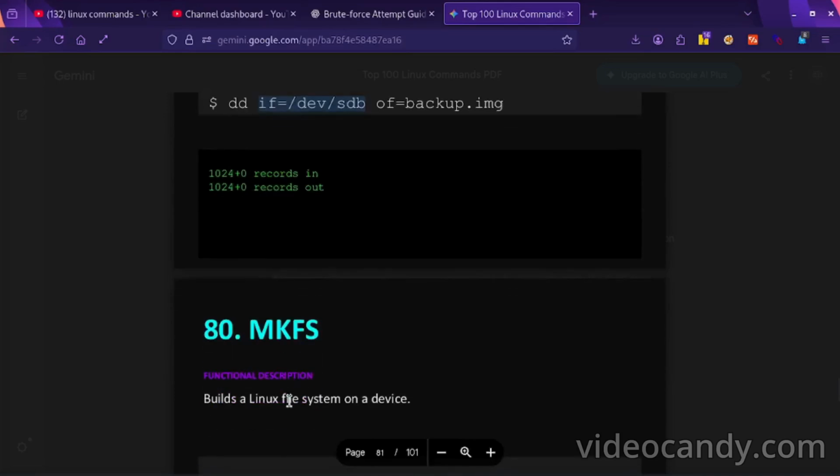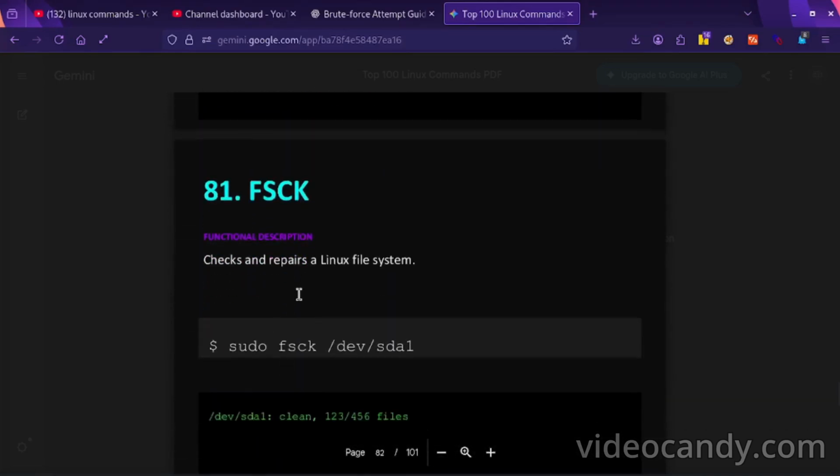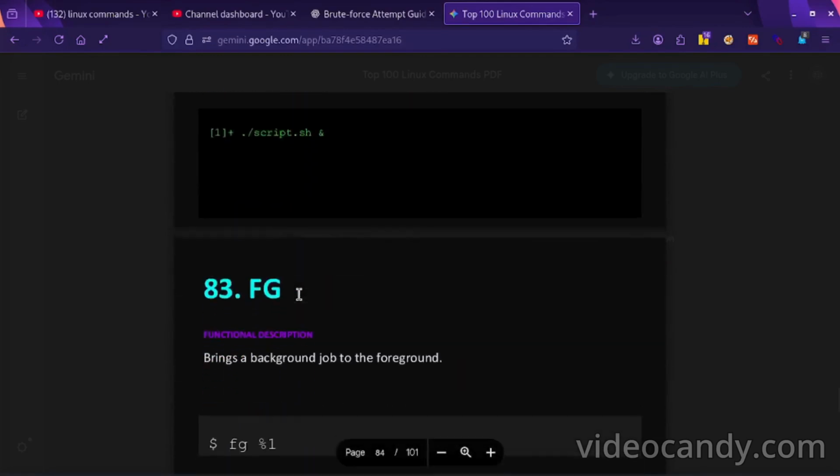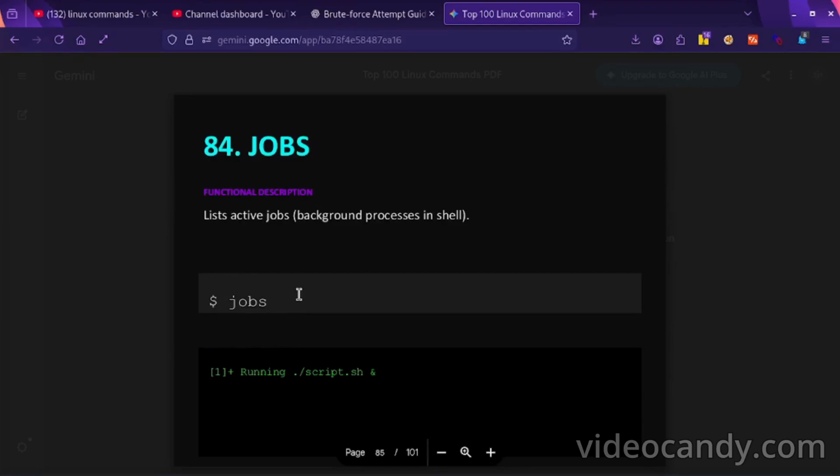This is the command for this. mkfs, fsck. I am telling you only what is most useful for your career and what is used in real life. I am skipping what is not used most of the time.